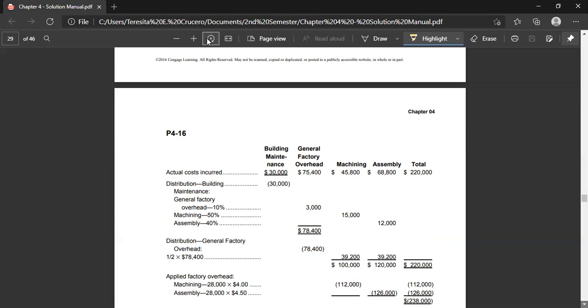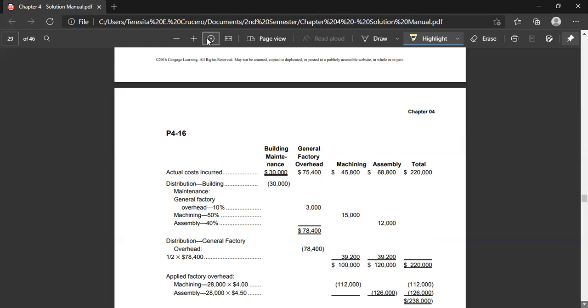In other words, we have to distribute the cost of the general factory overhead equally to the machining and assembly departments. So the machining department now has total factory overhead cost of 100,000, the assembly of 120,000. Applied factory overhead rates here for the machining, we use